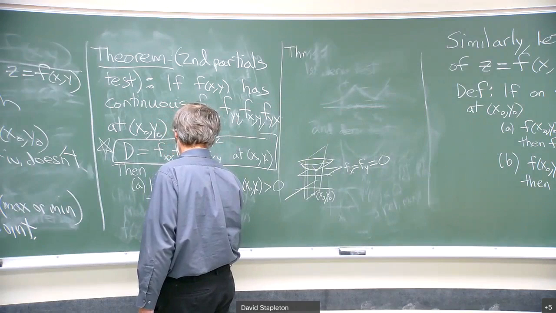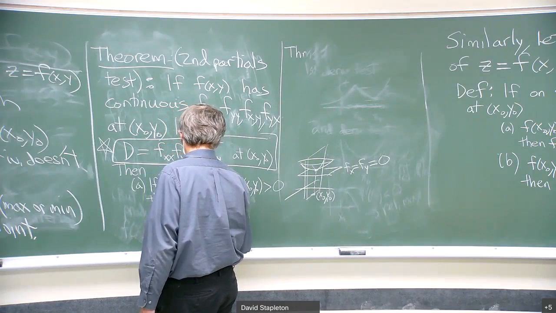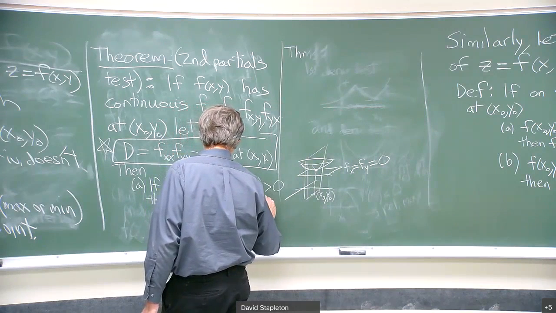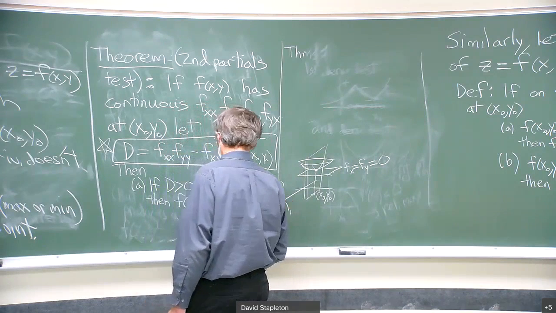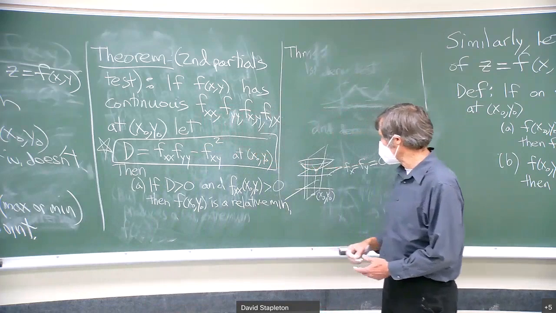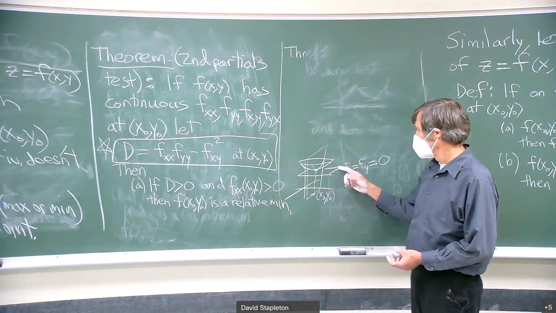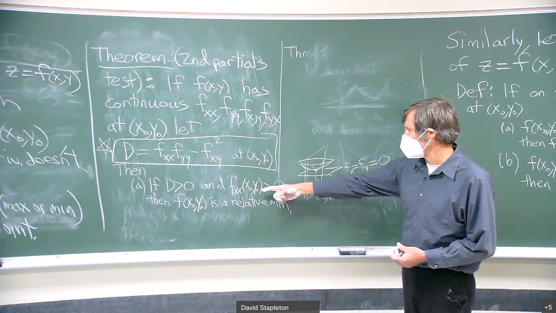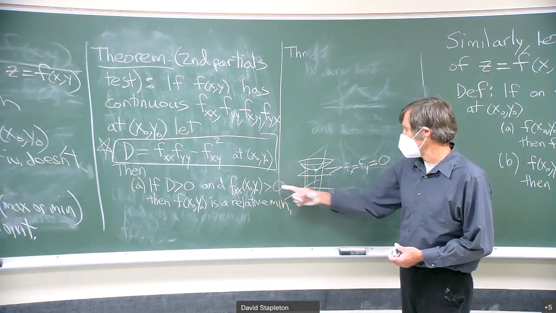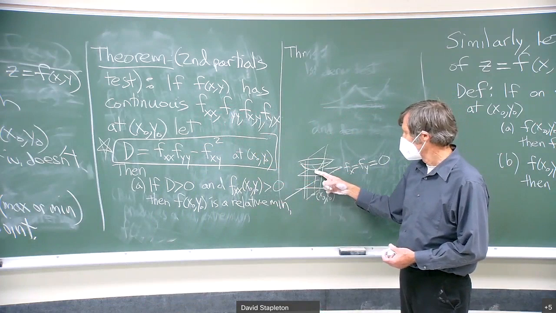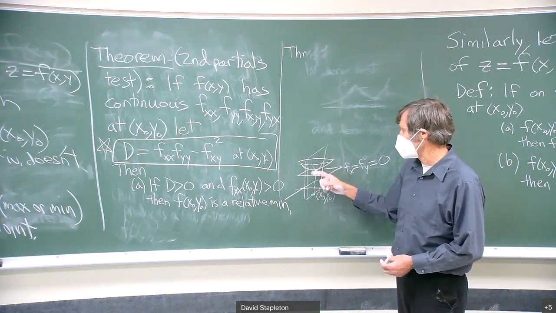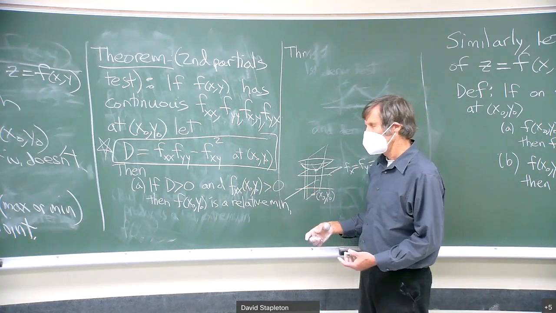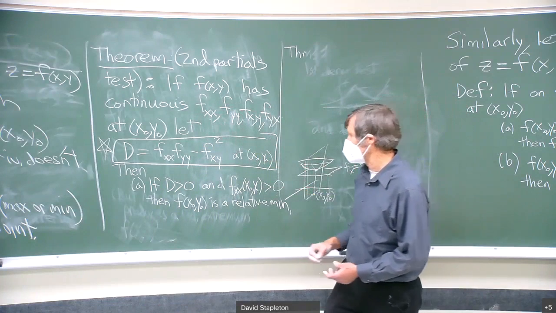F of x0, y0 is a relative minimum of the function. So it has to be an interior point of the domain where you have a horizontal tangent plane. And now if the second partial with respect to x at x0, y0 is positive, then it's a relative min. Again, it's backwards like in calculus 1. Positive second derivative means minimum. Negative second derivative is going to be a maximum. Similarly,